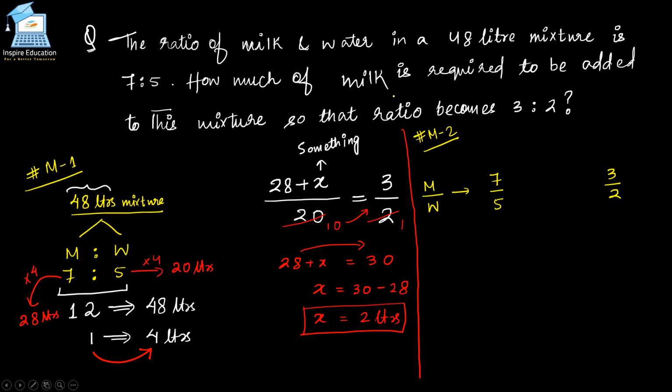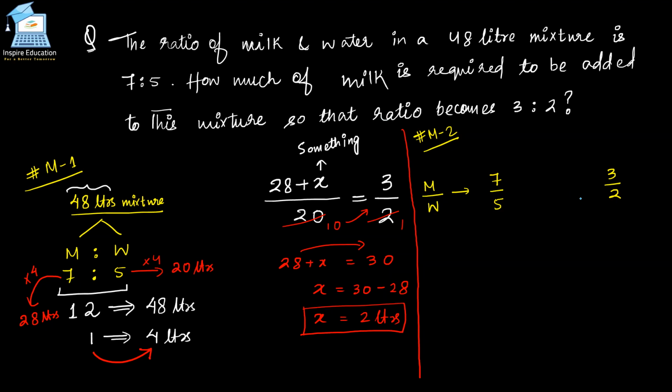Okay, right, water is constant. Many of you have answered. So don't you think that the ratio of water should also be constant? If water is not changing, then how come the ratio of water is changing? You see here, in the first ratio, water is 5. In the second ratio, water is 2. So don't you think the ratio of water should not change? Because water is not changing.